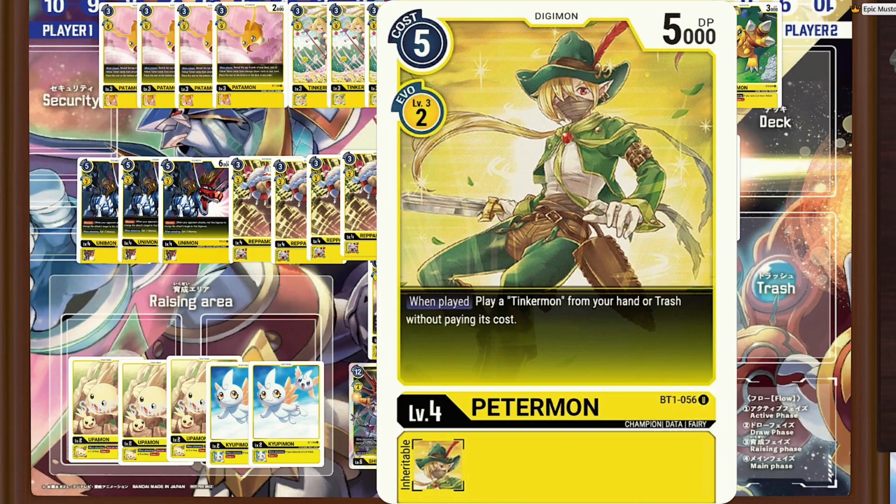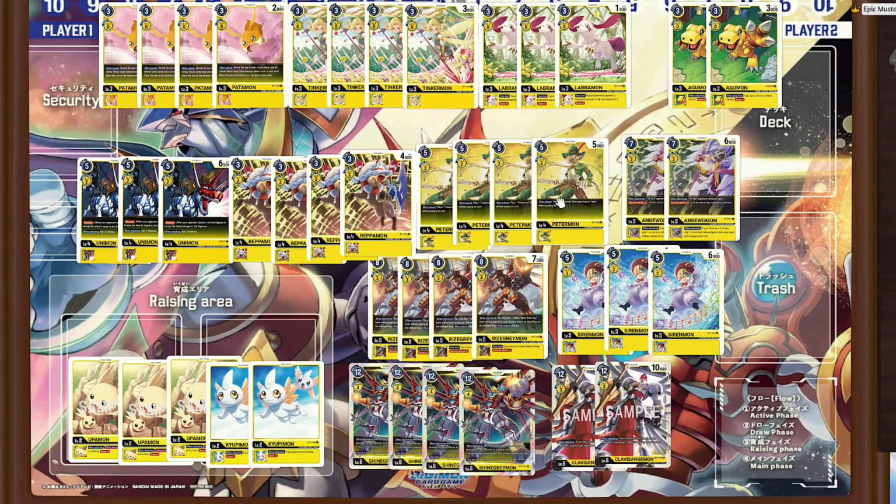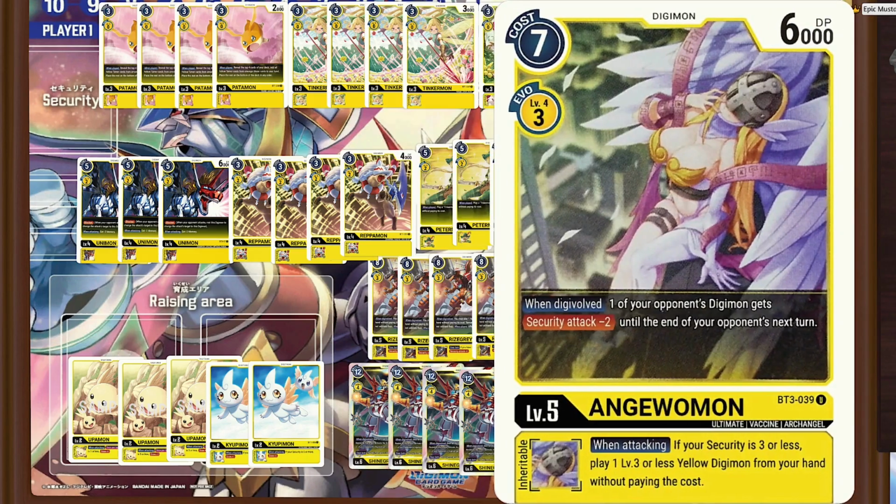So then you can just get extra attacks on the field, and you can put pressure on your opponent that way. One of the newer cards from Union Impact, this is the new Angelman. I love this artwork. She's very interesting because she's one of the few Digimon that gives your opponent's Digimon security attack -2. So sometimes you can just stall out the game and prevent yourself from losing, kind of set up